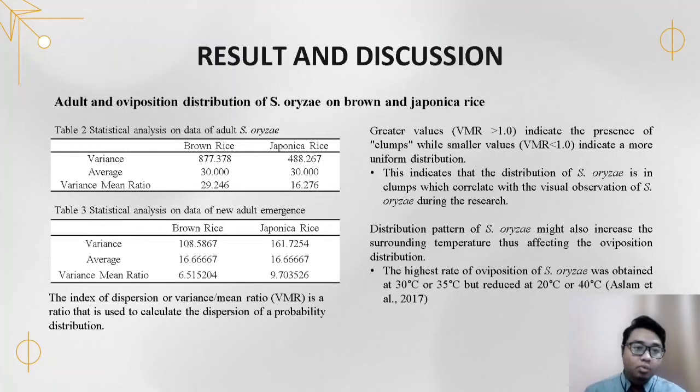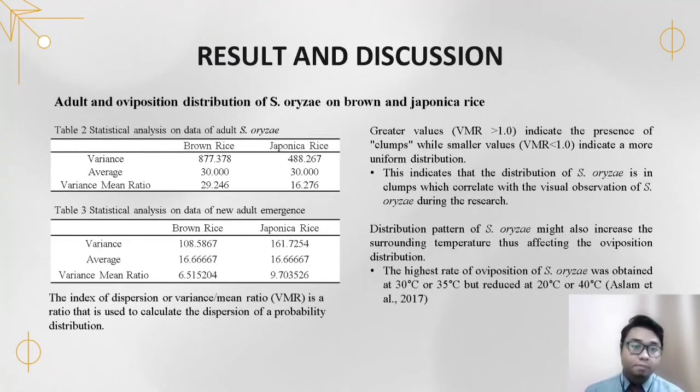Based on these two tables, the VMR of the adult S. oryzae data and the VMR of the new adult emergence data are both more than 1. So it indicates that the distribution of S. oryzae is clumped,